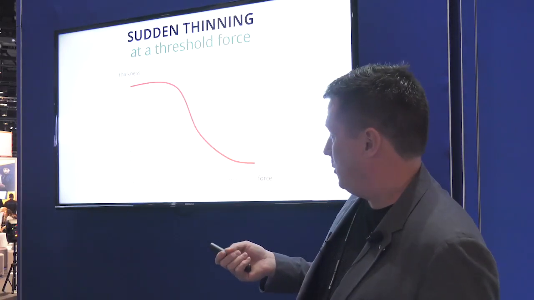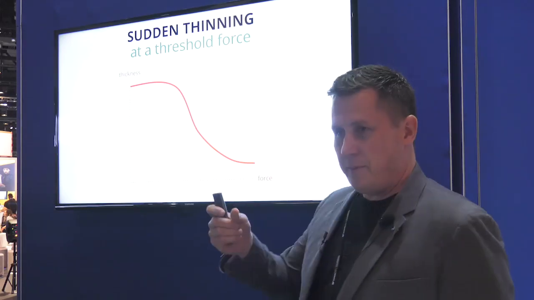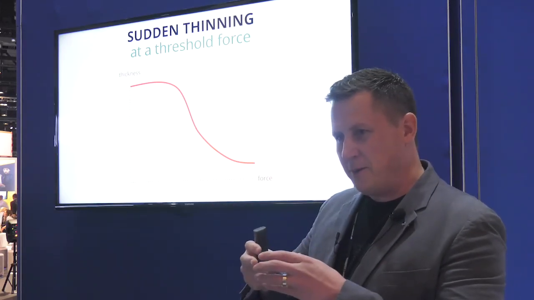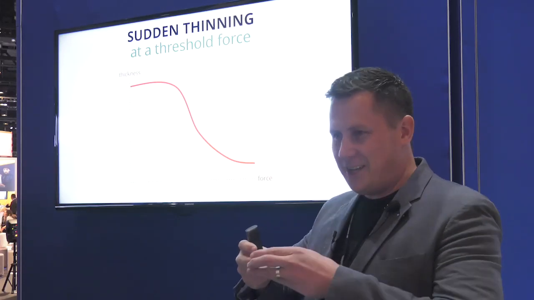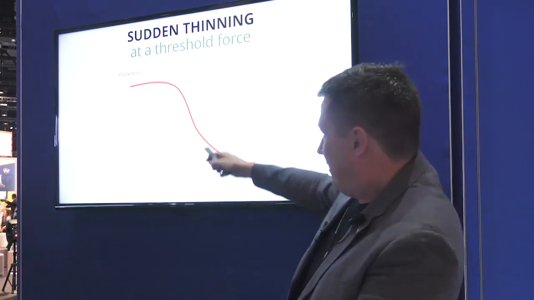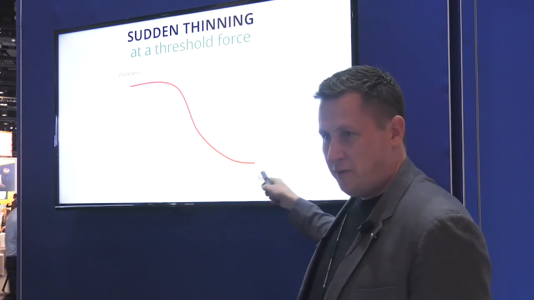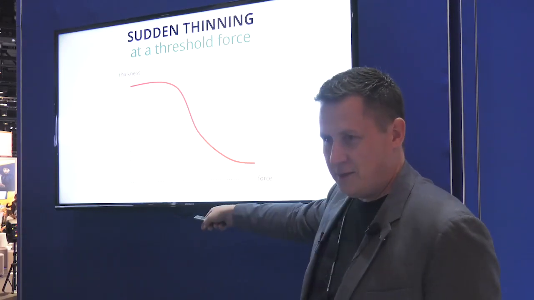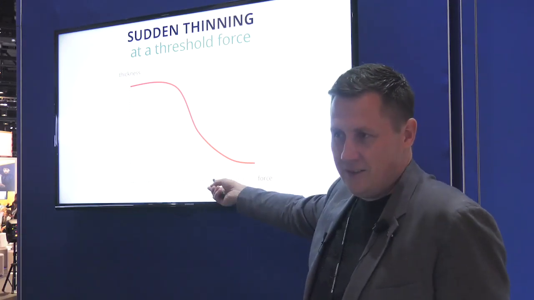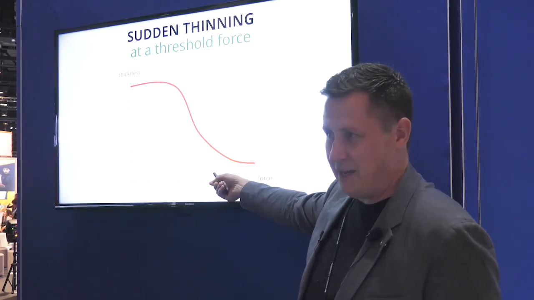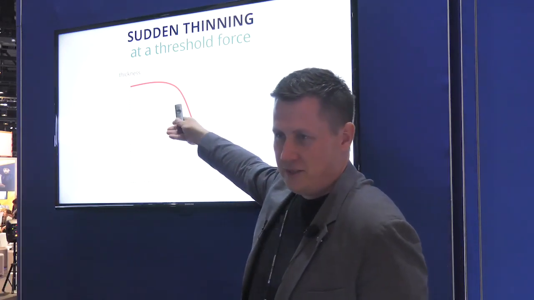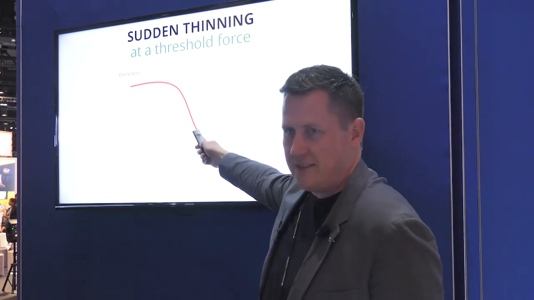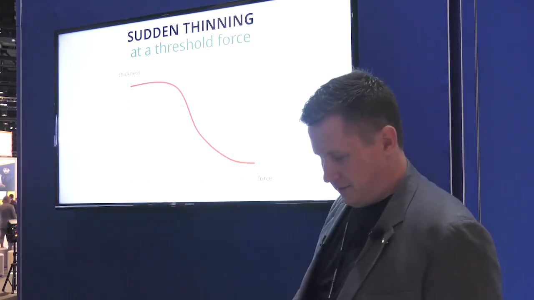So to give you an example, you've probably all felt that when you use the tomato sauce bottle, when you give it a good squeeze, you have to use a fair bit of squeeze at the start, and then you have to back off. And that's this curve here. So the more force you apply, the thinner the sauce becomes, and that's just what a non-Newtonian fluid behaves like. So this is like an exponential curve here. So the force delta here is like 1,000 times. So what normally happens